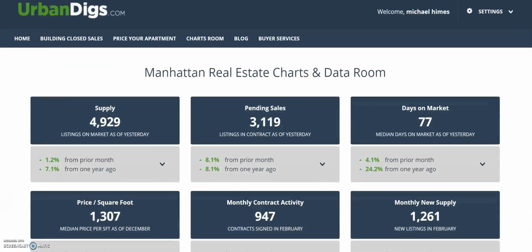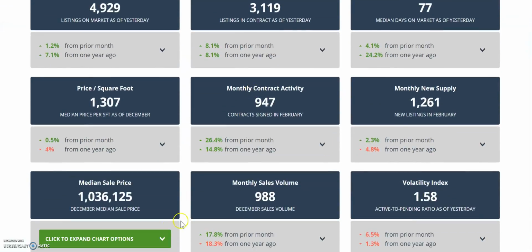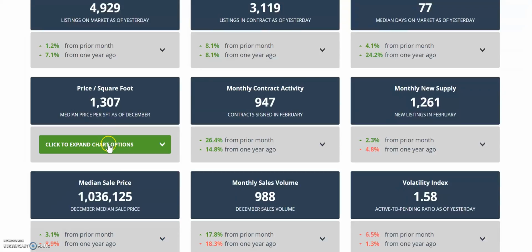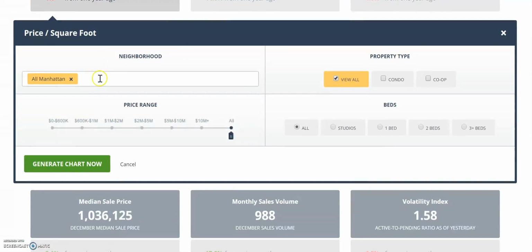Let's look at what happens when we compare two different property types. So let's say we want to look at price per square foot, okay? And we're going to look at all Manhattan, and we're going to look at condos. And let's say we're going to look at one bedrooms, condo, one bedrooms, and